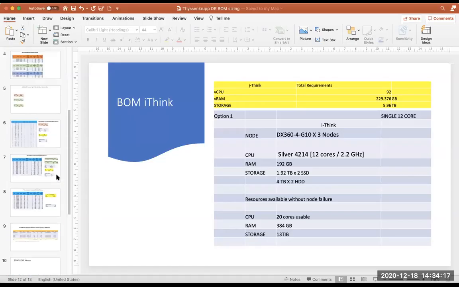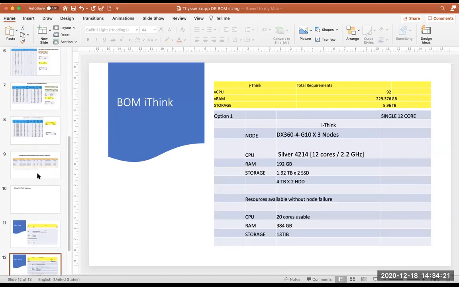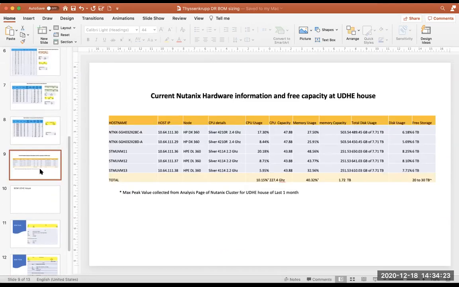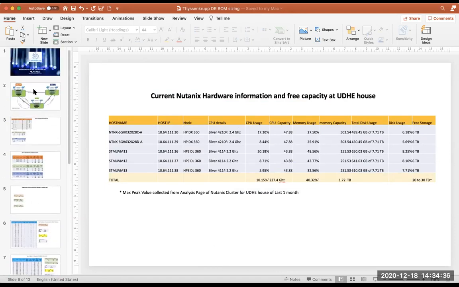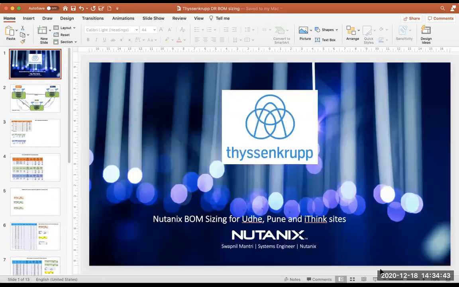Sir, this is the PPT which I had already shared with you, and I added some points later on. Just a minute, I'll add something. This is what I had shared with you, and I did the calculations in it based on the requirement. Let me start once more, because everybody is in the meeting and it is getting recorded, so I will start from the beginning.